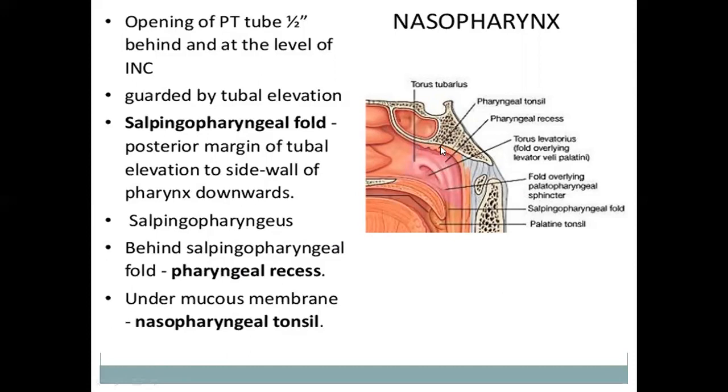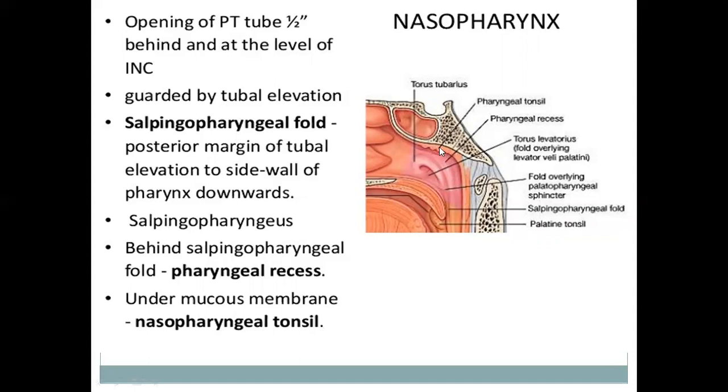When they become enlarged, they are called adenoids, and they close the posterior nares, so the baby snores at night time and respires through the oral cavity. These enlarged adenoids also block the pharyngotympanic tube, so the patient feels deafness along with the adenoids.